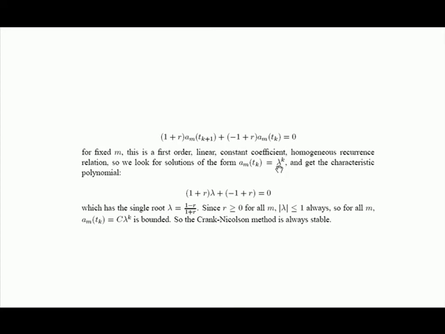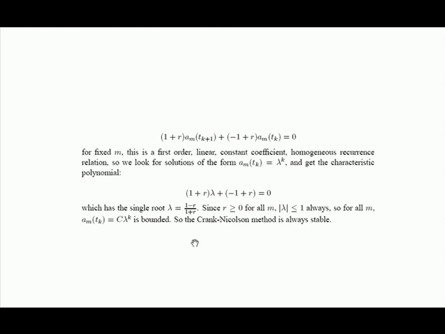So for stability, you need that for all m, all roots, in this case there's only one because it's a first order recurrence relation, but in some of your problems it'll be second order, involving 3 time levels or more, and you'll have 2 roots for each m. In this case we only have 1, but all roots for all m have to be less than or equal to 1 in absolute value, or the method is unstable. If they are all less than 1 in absolute value, the method is